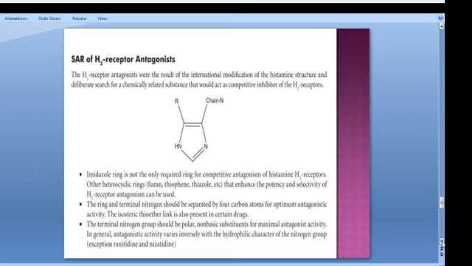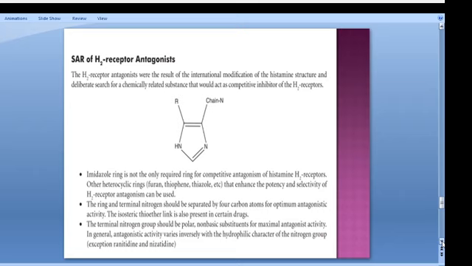What is that? The H2 receptor antagonist is a result of the deliberate modification of the histamine structure, and a deliberate search for chemically related substances that act like H2 receptor ligands. Imidazole is not required, because we can see famotidine and ranitidine have thiazole and furan. So the imidazole ring is not the only ring system required for competitive antagonism of histamine H2 receptors; other heterocyclic